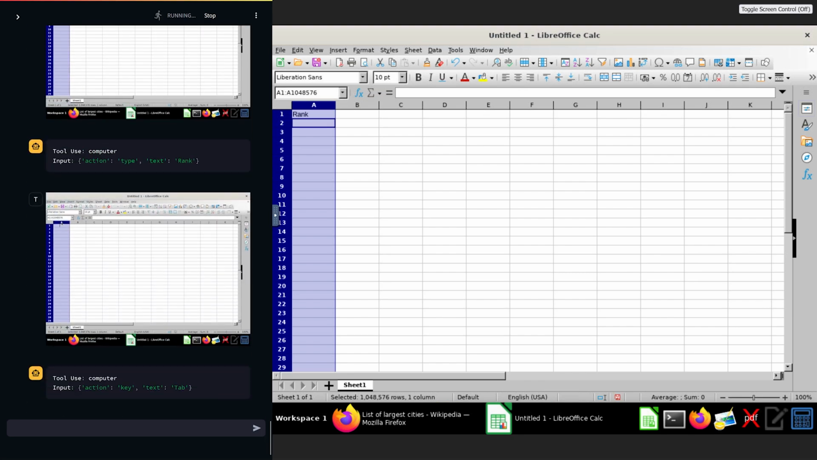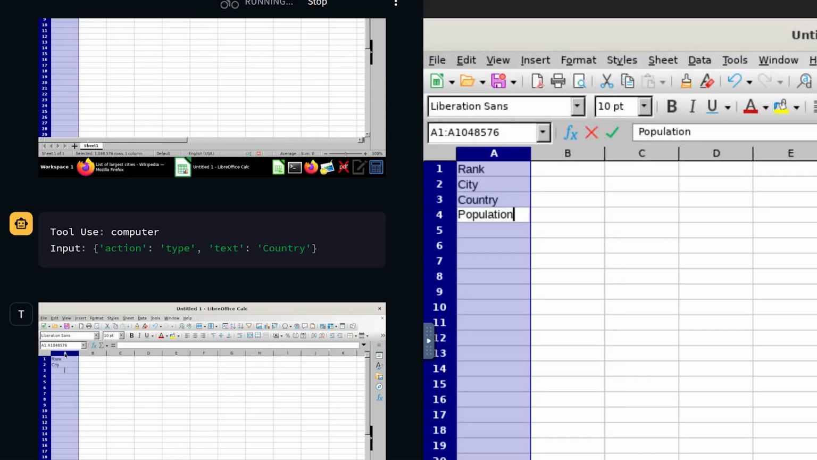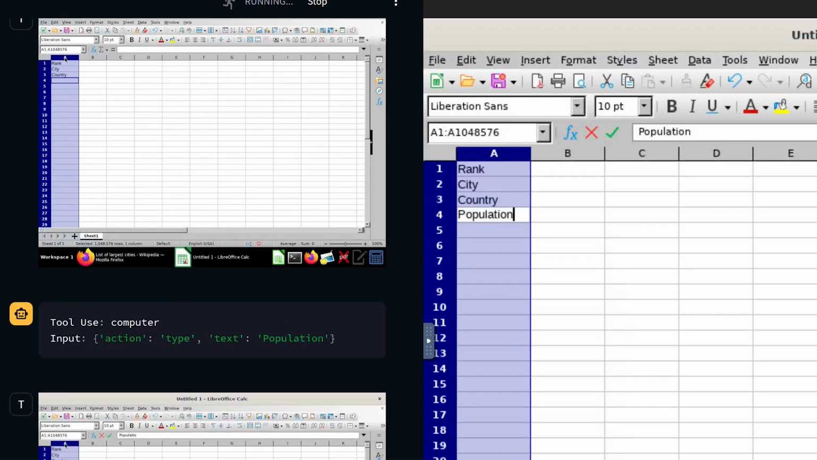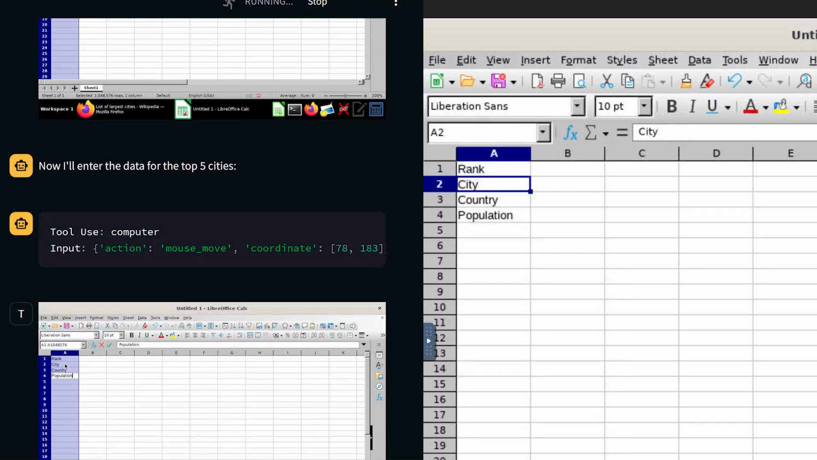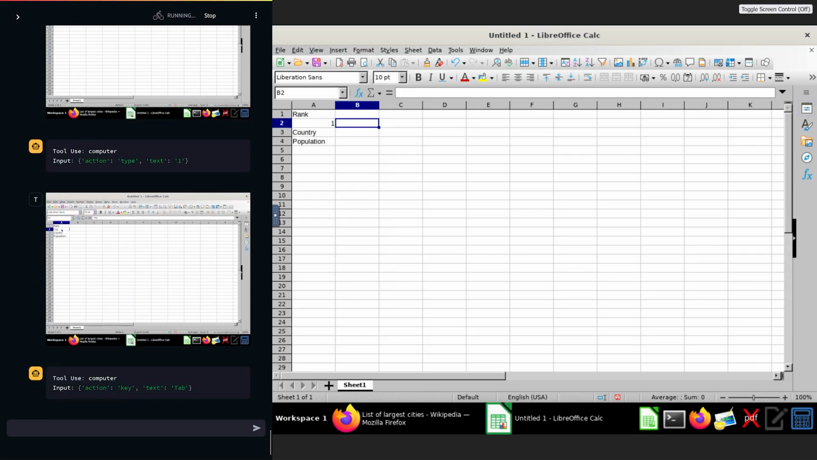Looks like it's putting the information in the spreadsheet. It's putting it in rank, city, country. That's cool. It made a mistake. First it put the words in the first column, now it puts the numbers in the rows and overwrites the words. Instead, it should have put them in the top rows, but at least it is doing it in the right order